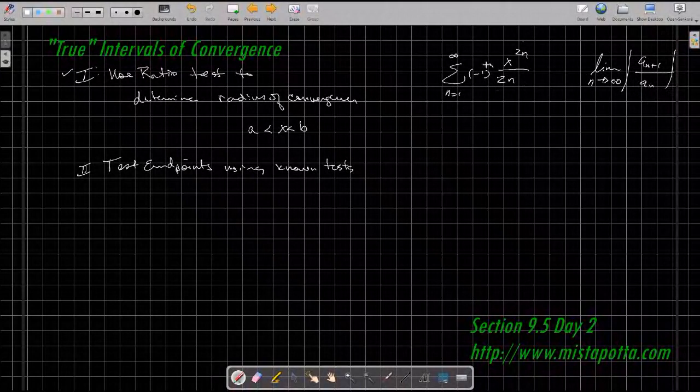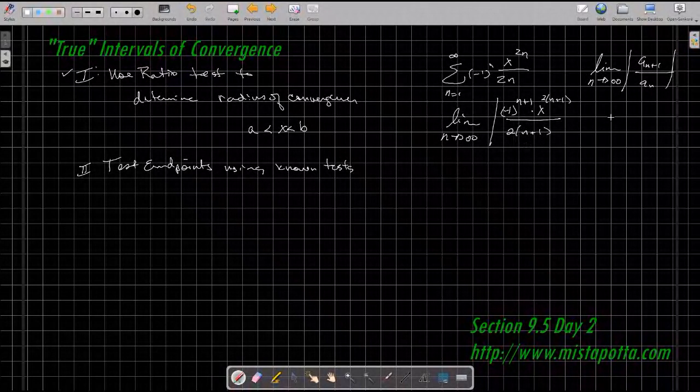So I'm looking for the limit as n increases without bounds of a sub n plus 1. So I've got the absolute value of negative 1 to the n plus 1 times x to the 2n plus 1